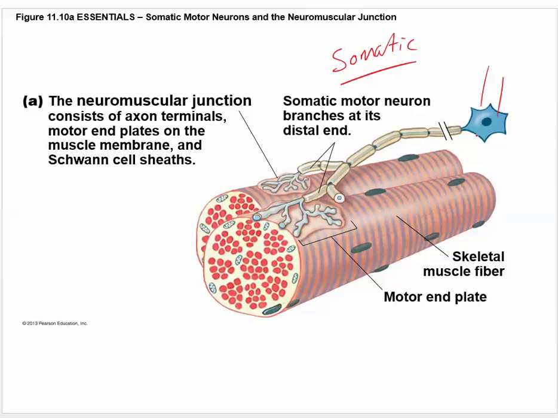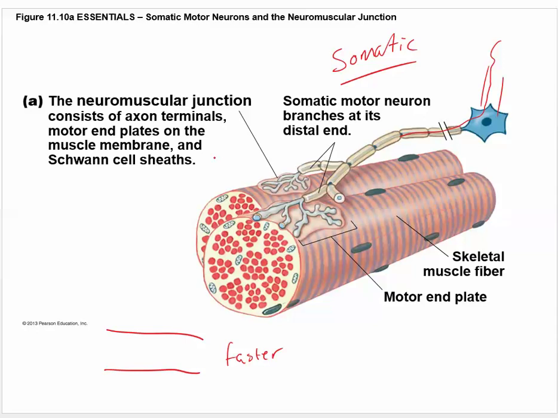From the spinal cord, we have said, hey muscle, I want you to contract. Okay, so the brain has said, I want this muscle to contract, this one right here. And so it sends a signal out, and remember, the thicker a neuron is, the faster. Okay, so these guys, these motor neurons, tend to be pretty big. They're pretty large, and they're always myelinated because we want to get that signal there very quickly.